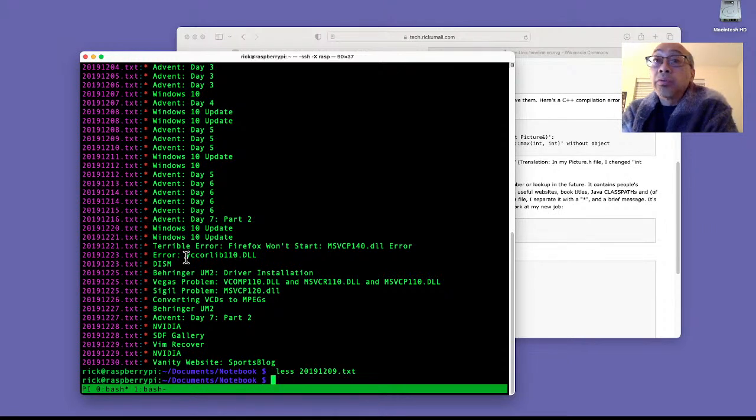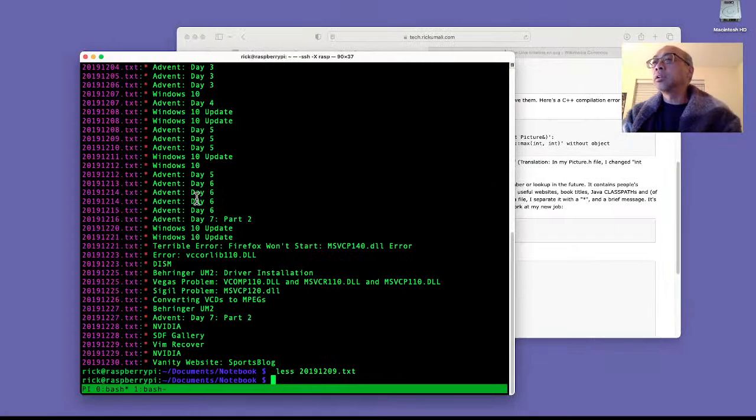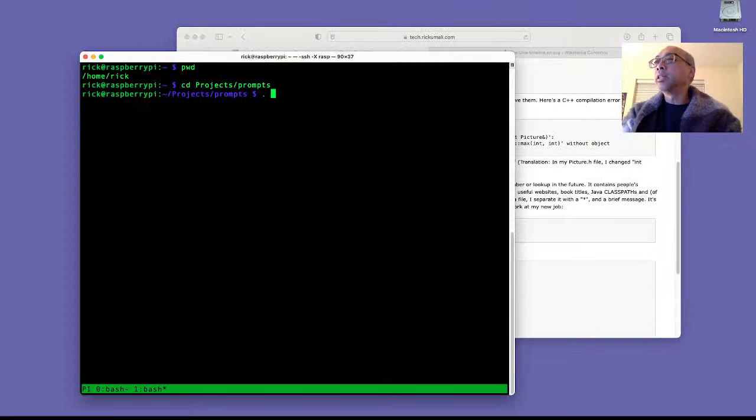But so far, so good with the electronic notebooks, and they were helpful for me for this topic, which is command line prompts. Right. So just from this alone, I hope it's clear that I've spent pretty much all my working life in front of Unix systems. And my second job out of college, my prompt was just the host name and the smiley face. So I went through the trouble of making these prompts, recreating them.